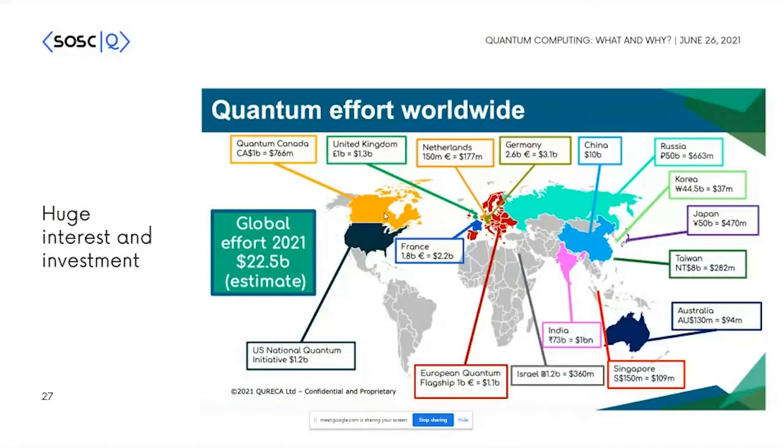This is a statistic from the start of 2021. India itself has pledged to invest 8,000 crores on this, and there's huge investment in Europe. So you have the Munich Quantum Valley project, and you have Australia investing a lot in this. You have very many coalitions formed where they are working specifically on getting results out. Then you have China heavily investing in this, and the USA also investing heavily.